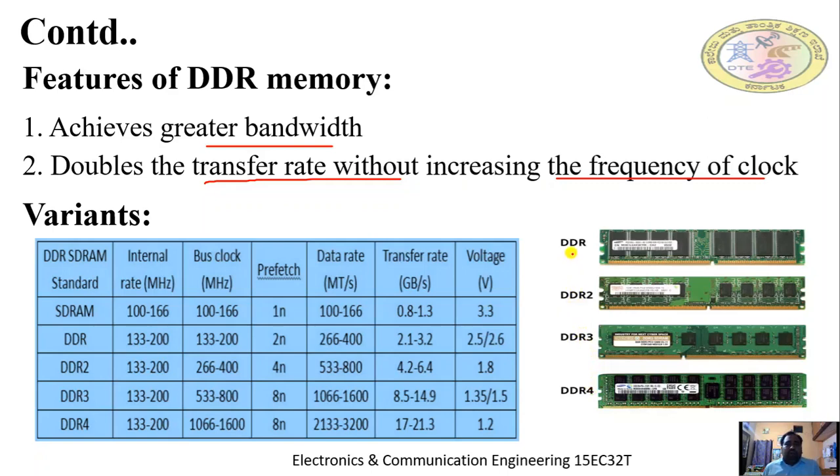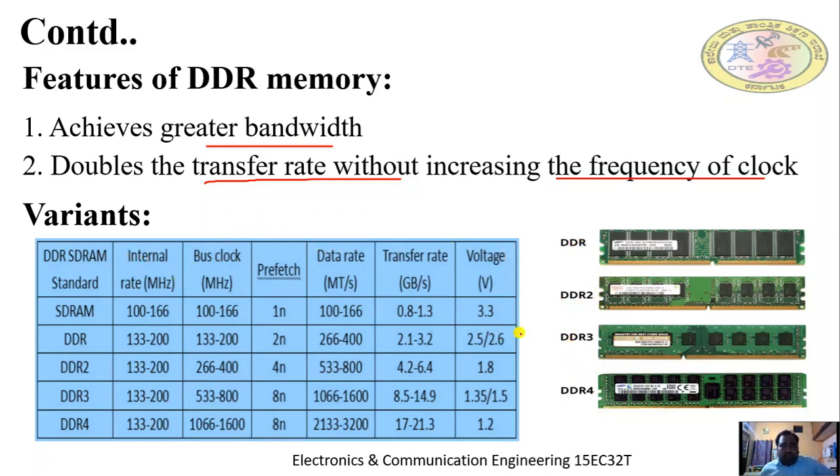DDR1 and DDR2 were available in the older CPUs. In most cases nowadays these are completely outdated, and they are replaced with DDR3 and DDR4. We can do a comparison list here.